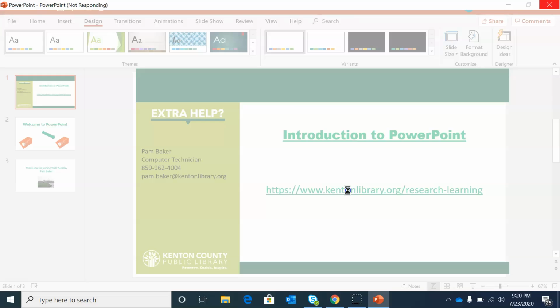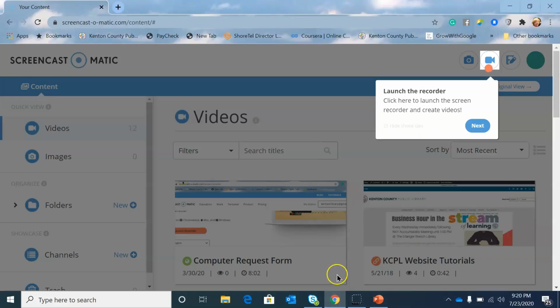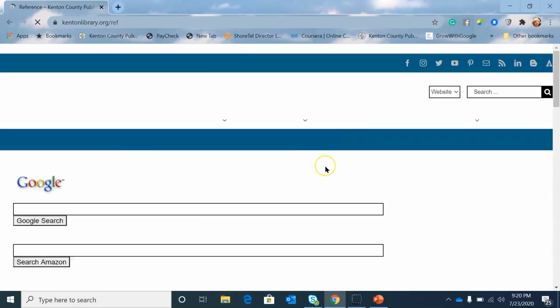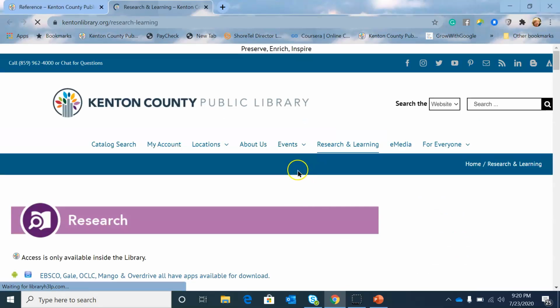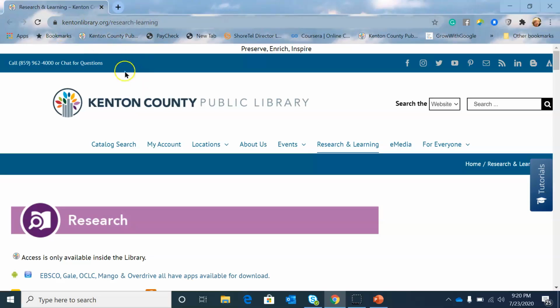It's thinking. Maybe we better go ahead and do some clicking here. I don't want you to have, oh, there it is. It popped right up now. So here's the link that I had in the PowerPoint, and you'll see it did pop up eventually. It took a little bit there, and it took me to the library's website